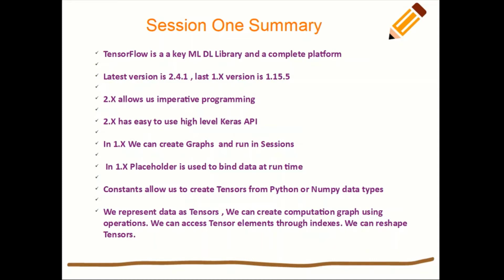Since data could be of any dimension, tensors can also be multidimensional, and tensors are immutable because we do not want the input data to be changed during the computation. So once they are created, they cannot be updated or changed.